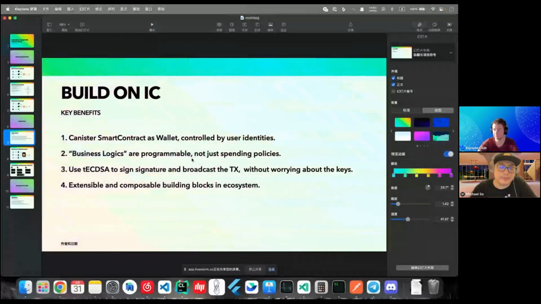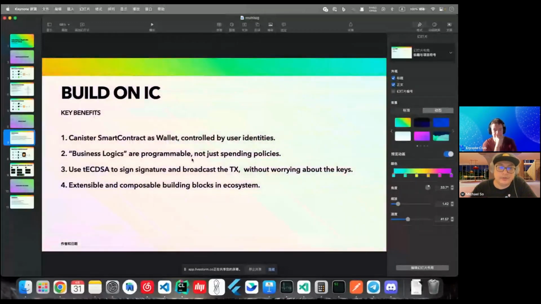You can compose and customize all the business logic